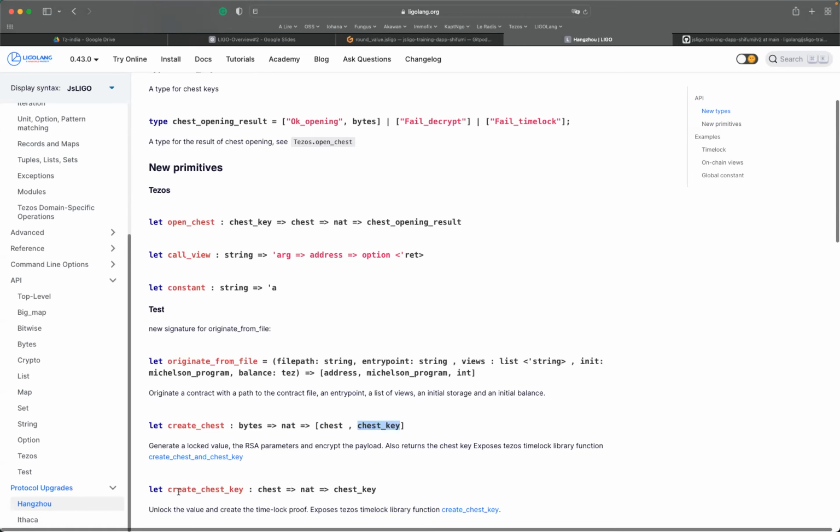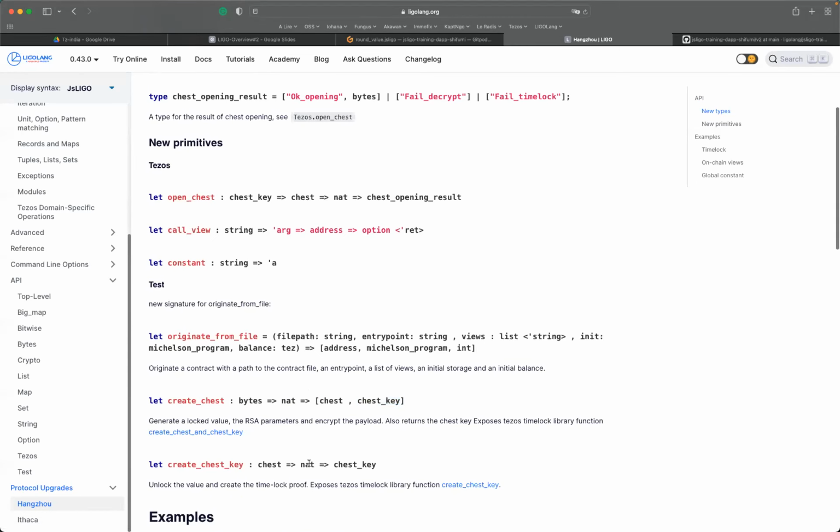You can, of course, create a chest key thanks to the chest and the natural, the secret. So it means that if you have the chest and the secret, you can recreate the chest key, and so on and so on. Okay, and this is the basic API used for the chest provided by Tezos. So here, if we go back to the version 2,